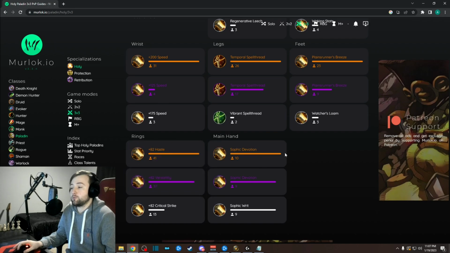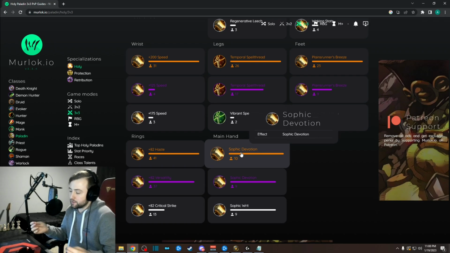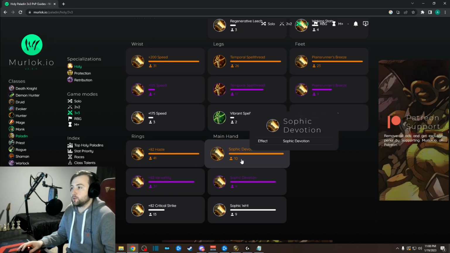And rounding this out, both pallies will be getting Sophic Devotion on the weapon. Getting that main intellect stat is absolutely insane. So yeah, pick up Sophic Devotion. The price of this has dropped considerably. I got a 2-star Sophic Devotion for like 7k. The 3-star is still very expensive at 30k, so you don't have to opt into that. But yeah, pick up Sophic Devotion to round this out, and we're going to move on to the next segment